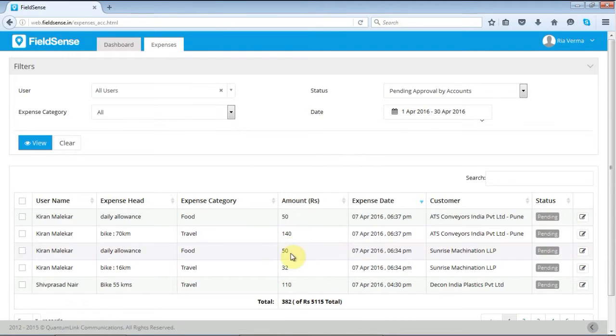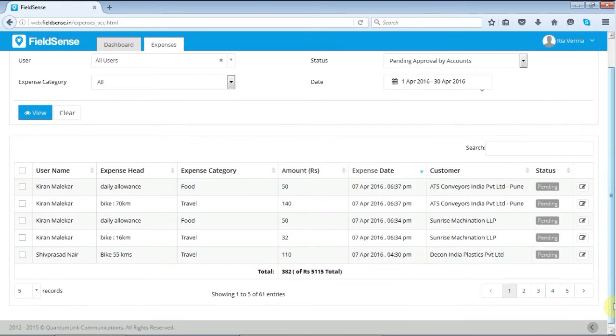The first page amount comes to 382 out of the total amount submitted through Philson's for the accounts department to either approve, reject, or cancel. It gives you the round figure. As an accountant, it is very easy for me to check on the first page itself how much total needs to be approved or rejected.